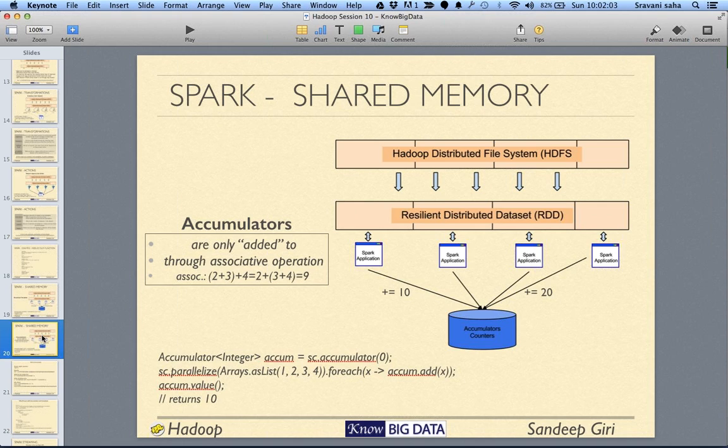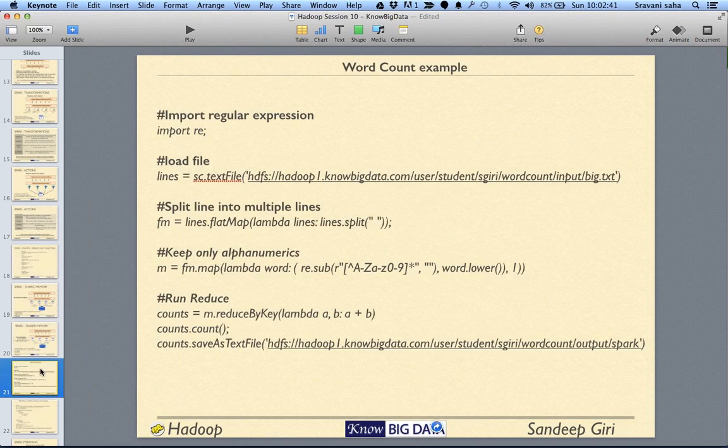For example, 2 plus 3 plus 4: whether 4 comes before 3 or 3 comes before 4, the answer is still the same. All those operations where the placement of the value does not matter are good for an accumulator.